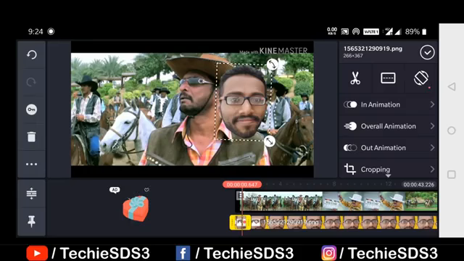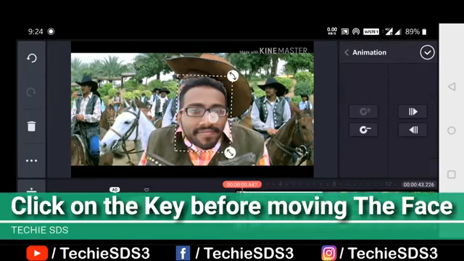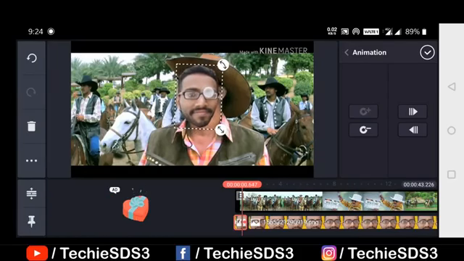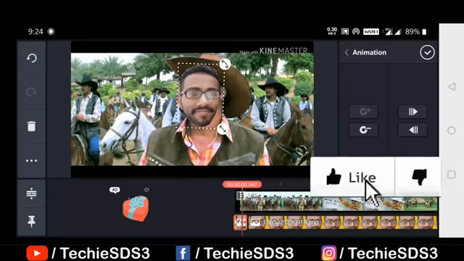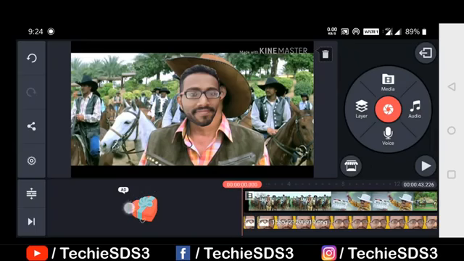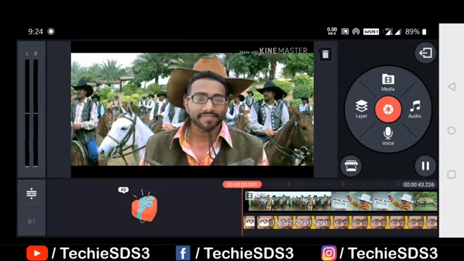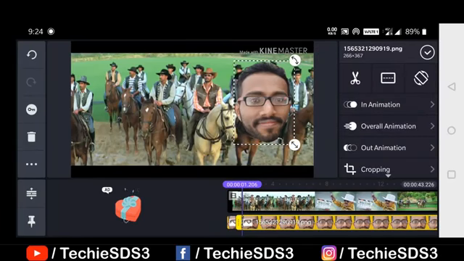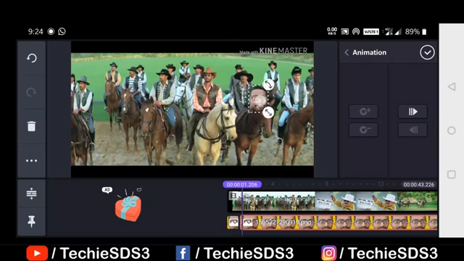So now you saw at 0.43 seconds Nana Patekar moves his face to the left side. That's why I'll move my face also to the left side. Select the key and then move to the left side, and also you can rotate it as you can see, adjust everything you can do here. Then click on tick mark on top right, you can see. Every time you adjust the animation you have to save it by clicking on the tick mark. That's done. It's moving as per the face in the background. So now we are into the second scene. So here also again click on key button and adjust the face according to the background scene like this as you can see. And for every second you have to work, guys.